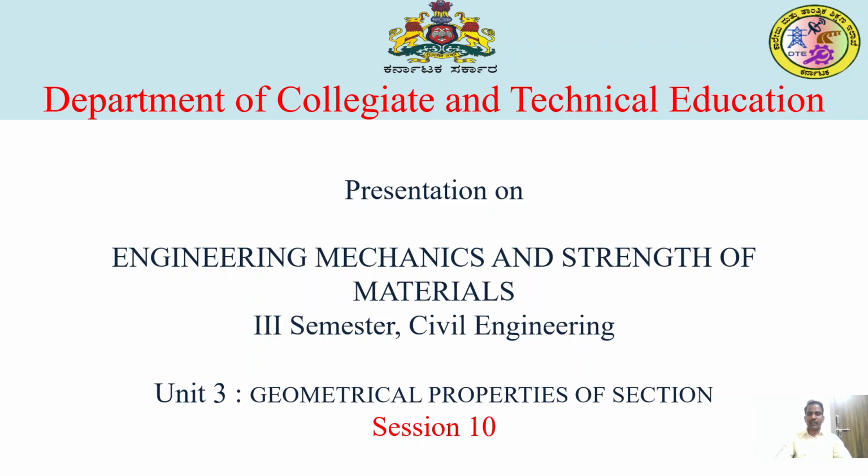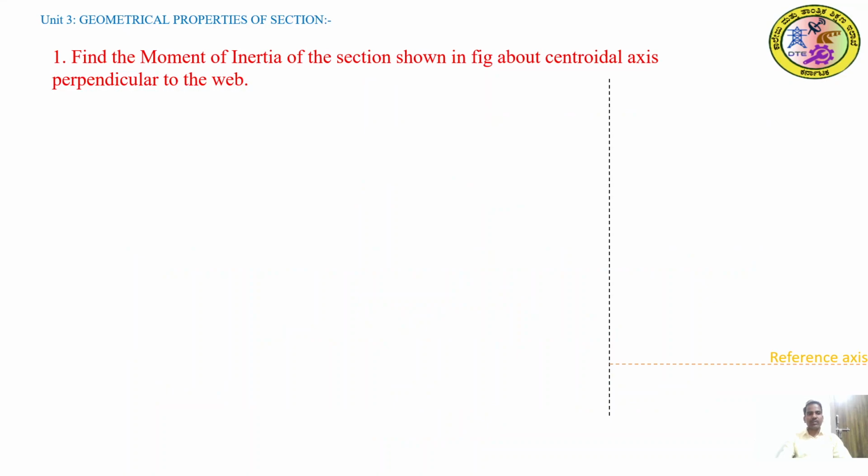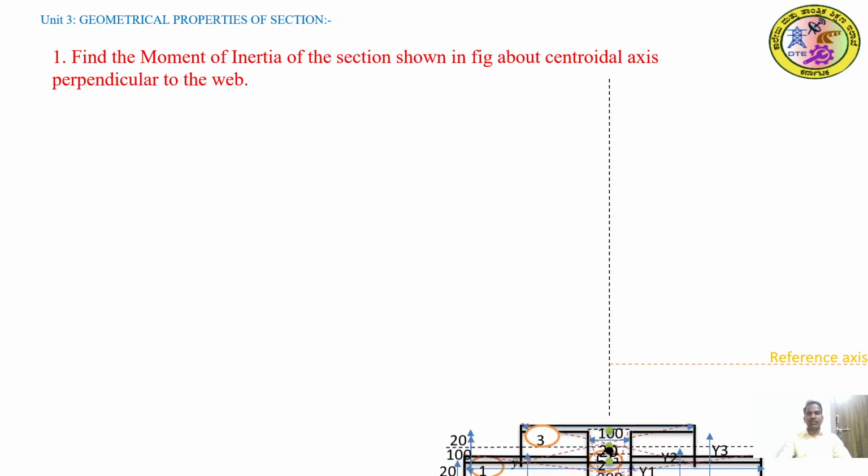Welcome back for the 10th session of the geometrical properties of section in engineering mechanics and strength of materials. Here we are going to solve some problems related to the moment of inertia like I section and C section. In the first problem, we are going to find out the moment of inertia of the section shown in figure